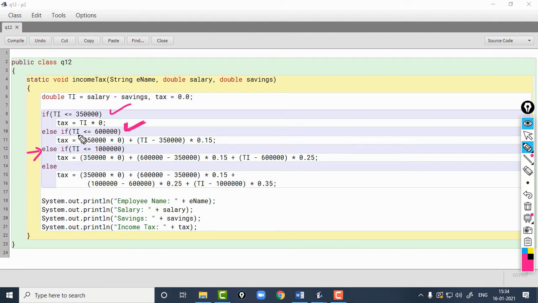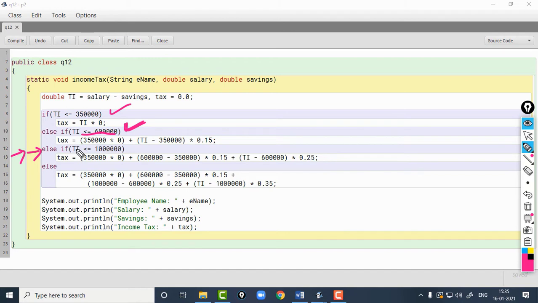And when the above condition fails, it is already concluded that TI is not less than or equal to 6 lakhs. It is greater than 6 lakhs, and then only the control will come here. That is why I did not check that TI should be greater than 6 lakhs.